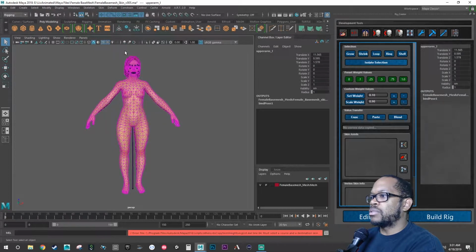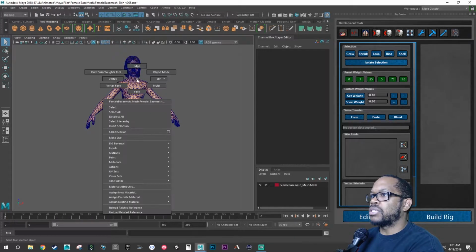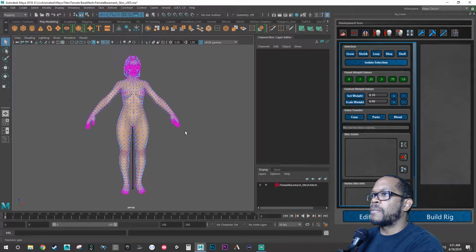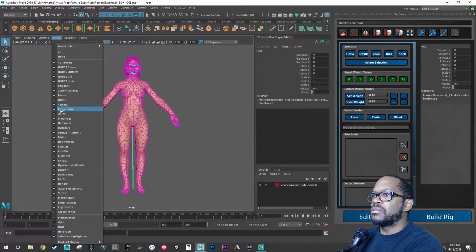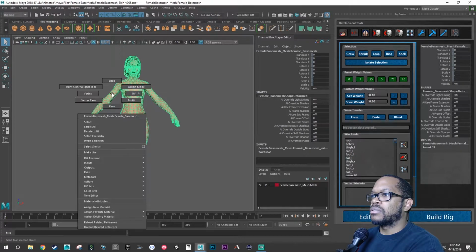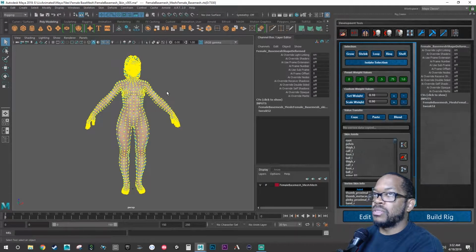Copy skin weights. Oh, really? Must be a source. This is skin. Copy vertex weights. Let's see if we do vertex weighting. So if we do vertex, we do this. Joints. Vertex. Or maybe we just need to bring the other, reference the other mesh in, copy, paste, and then that's